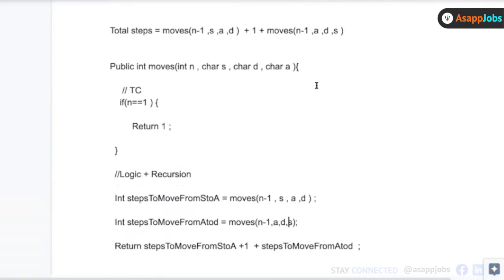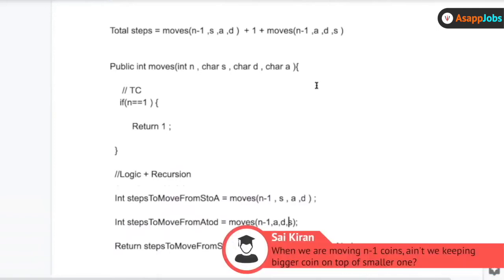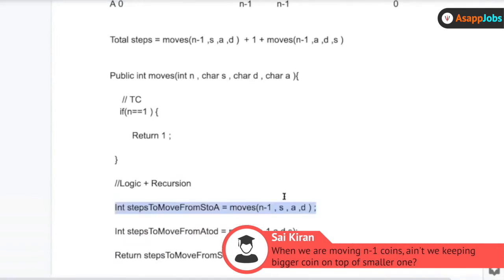Vishwa, I have one question in the steps to move. In the logic plus recursion, for the first step, you were saying move n minus 1 coins from S to A using D. If we see the stack of the cubes, even in n minus 1, we have the last one, which is a big one, followed by the smaller ones. Imagine you have some cubes, starting from, let us suppose, 10, 9, 8, 7. These are n minus 1. So now you are planning to move n minus 1 from S to D, because D is the auxiliary.